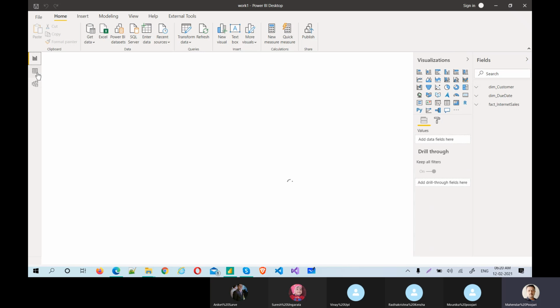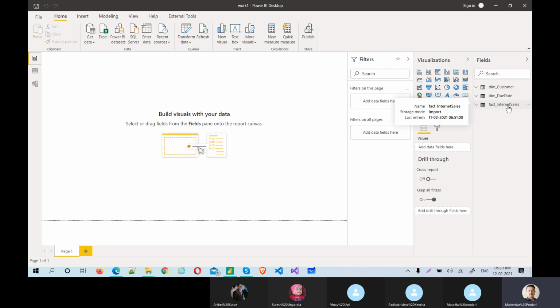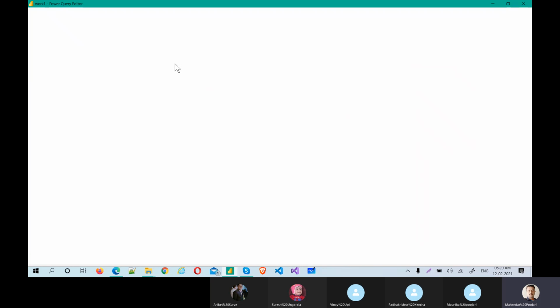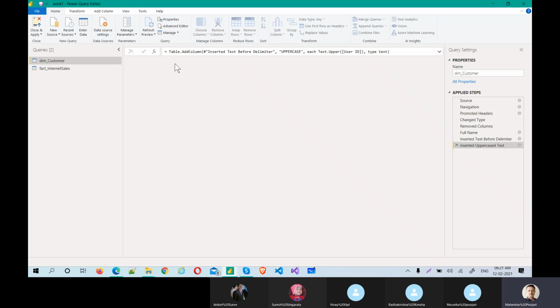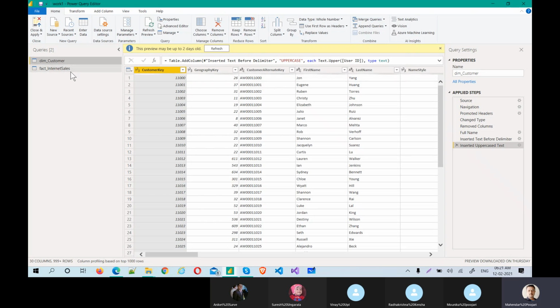If you see here, we have three tables: dim customer, dim due date, and fact internet sales. But if I go inside and transform data, I can see only two tables. Why? The dim date table is created using DAX, so that is the reason it is not available.